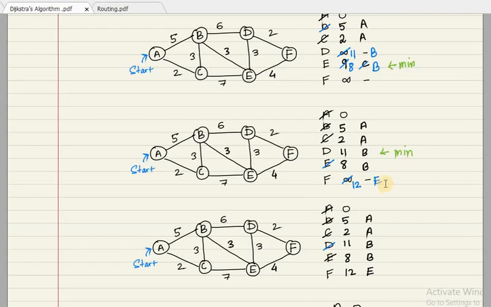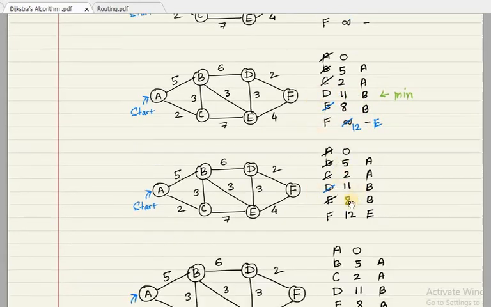Fine, very simple. Now we are only left with 11 and 12 because all the computations are done. Out of 11 and 12, which is the minimum? We have 11 as the minimum, so we are going to concentrate on this particular record in the next round. So now we go to the next round. Here we are concentrating on D. So D is marked with a blue color.